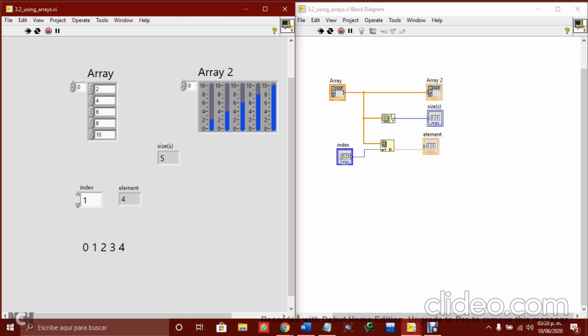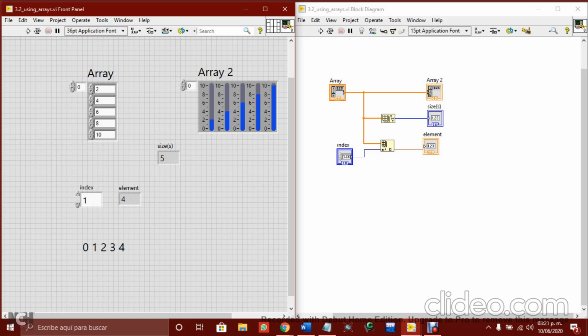We observe in the graphics that the value for the array in position 0 is 2, in position 1 is 4, in position 2 is 6, position 3 is 8, and position 4 is 10. This block indicates the number of positions that our array has. For example, here we have 5